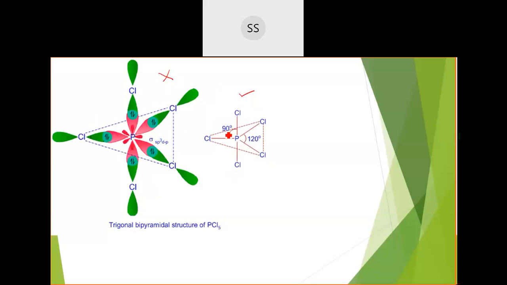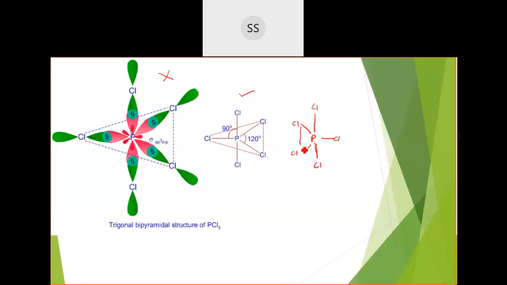No, this would be enough. For a complicated molecule, when you have 5, 6 bonds, you don't have to draw this orbital diagram. Directly you can draw the bond line structure. This would be more than enough for us. So this is how the bond will look like. In the center you will have phosphorus, then you will have 3 chlorine atoms. It can even be arranged like this, 3 chlorine atoms, equatorial position. You can put 3 chlorine atoms here also, and one above the plane and the other one below the plane.